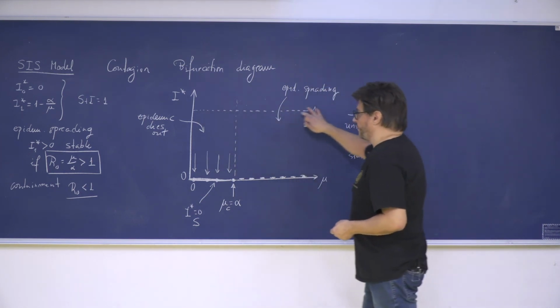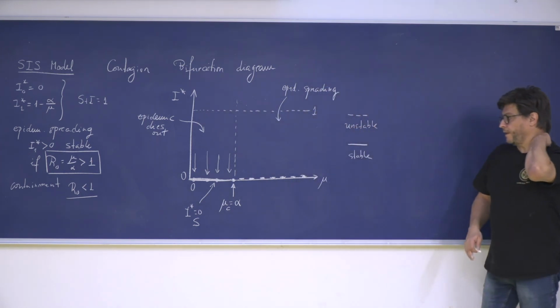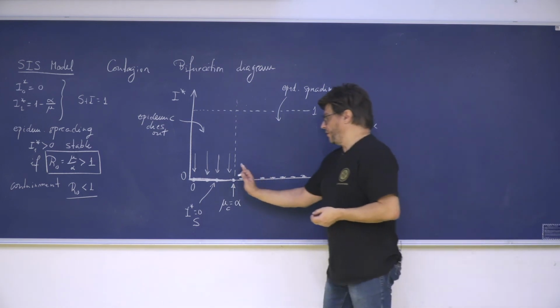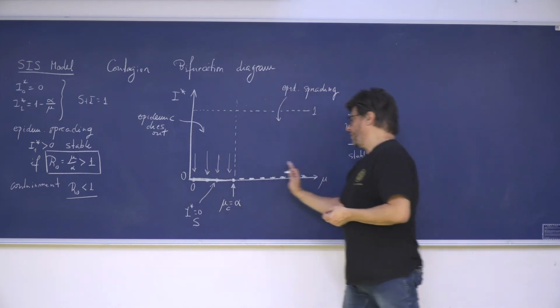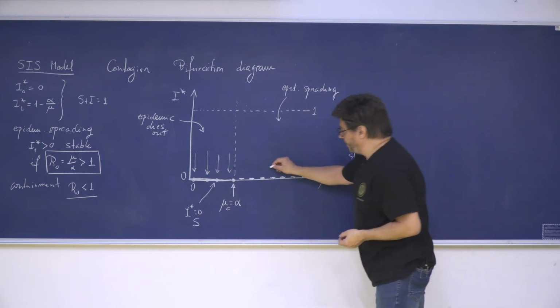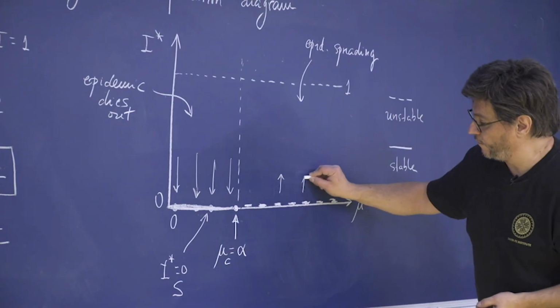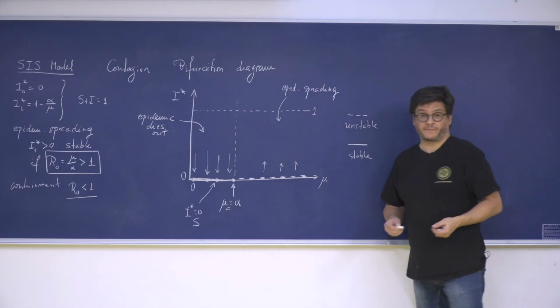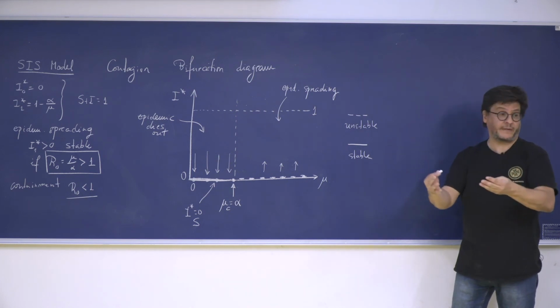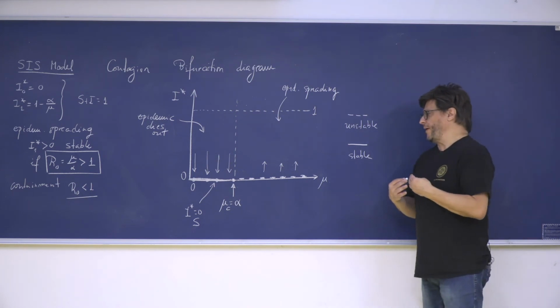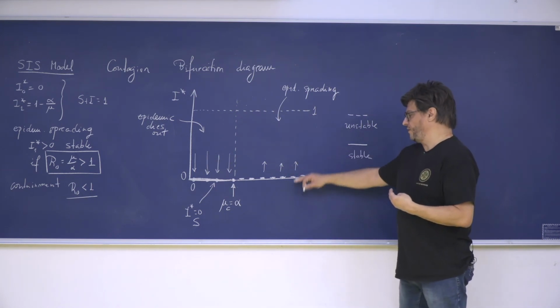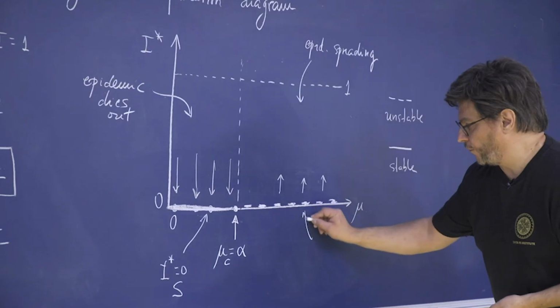In this way, in a systematic way, forget about this here. This is not anything to do with that. This is a limit. This means that in this phase, this is stable, this is unstable, meaning that even if I add a small amount of infected people, it will propagate, right? It will propagate, so I go far from that. This is unstable, all right?